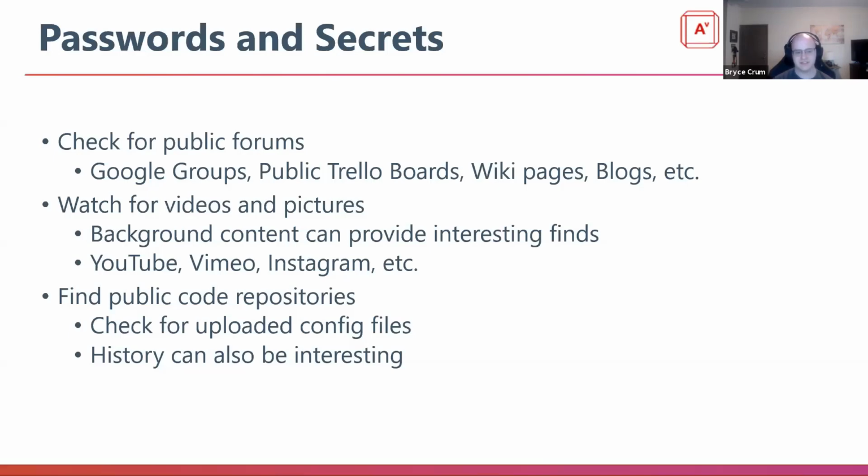Finding public code repositories today is a little bit harder than it used to be, unless it's been purposely open sourced. Even still, if you do run into this situation, check for uploaded config files. A lot of repositories are trying to prevent people from uploading secrets anymore, API keys, passwords. It still happens despite the best effort. There are those developers that will just completely ignore warnings. I used to be one at one point before I turned to security, so I can attest to that. So you kind of have to really consider that, and there's that awkward moment of making sure that you're properly deleting it and not just resubmitting, creating a history situation where the history can be reviewed for credentials.